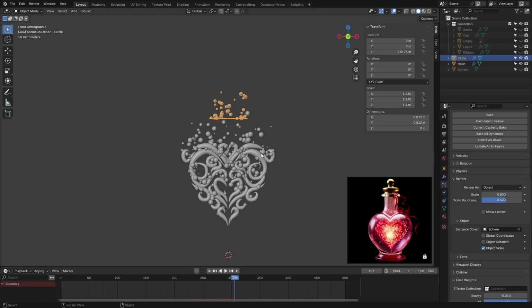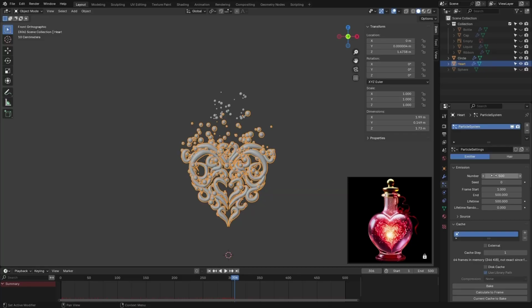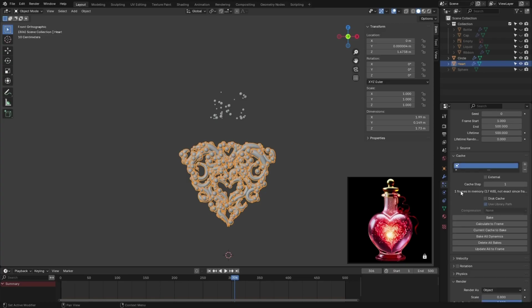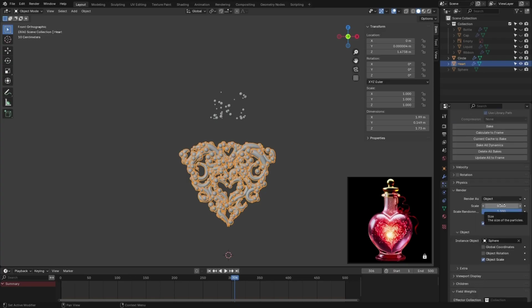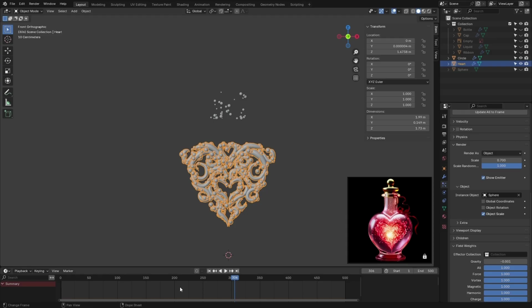Right. For the heart though, I would like that to be 1000 particles right there, and let's say 0.7 default size and 1 for variation. And also